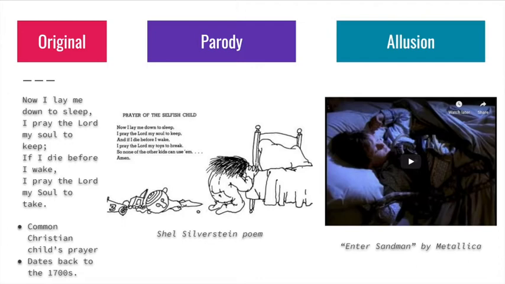So we have this concept of the original prayer that is known. So this is our original work, our original piece of literature, as it were, that we're going to be referencing. So first up, we're going to look at how Shel Silverstein took that work of literature, that poem, that prayer,